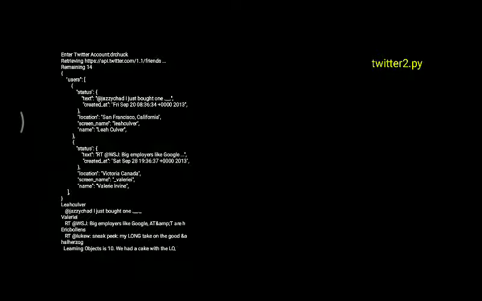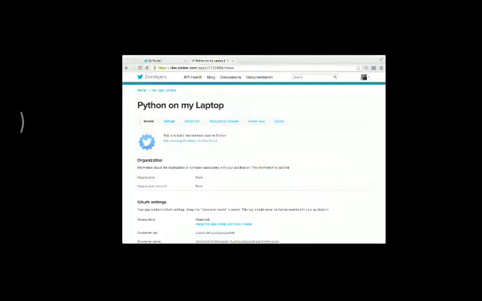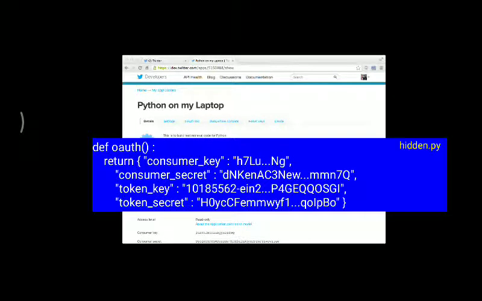Some example is there, I just brought one. Have a look at this example, how the Twitter URL content is extracted and displayed in our console. Before that we have to authenticate our Twitter account, and there is one more file called hidden.py.